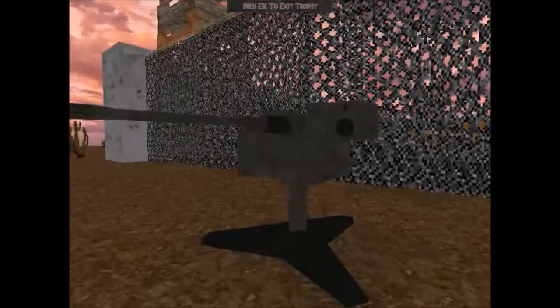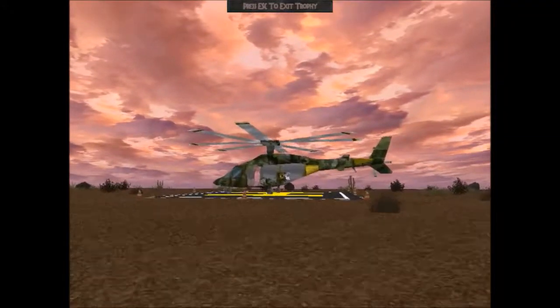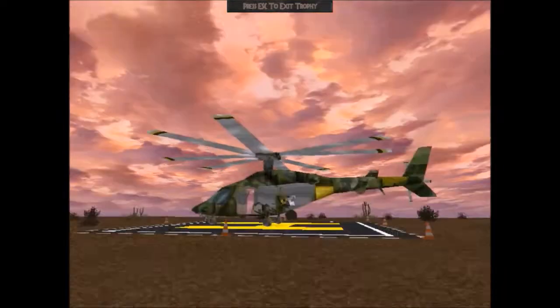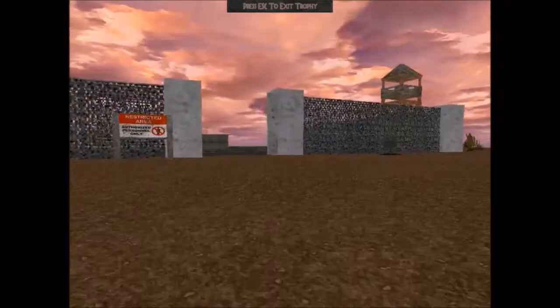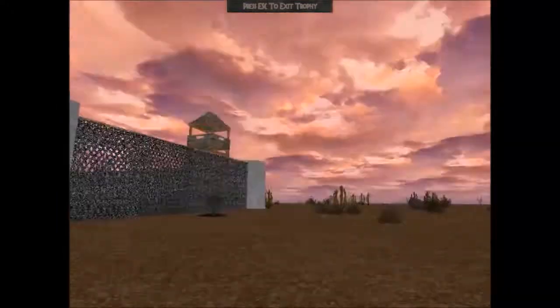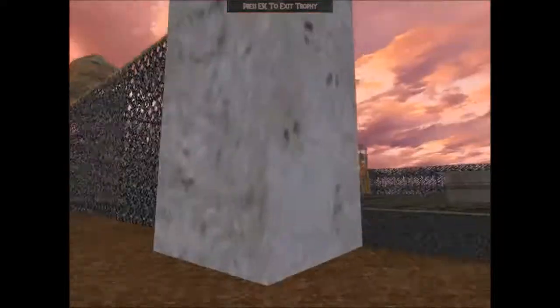Oh, like a freaking gun turret. And then the trophy helicopter, which goes and takes away your trophies. There it is. Which is a nice touch. Obviously there is an invisible wall, so you can't go up to it. But yeah, you can tell that this is in some really remote area of Jurassic Park, maybe off